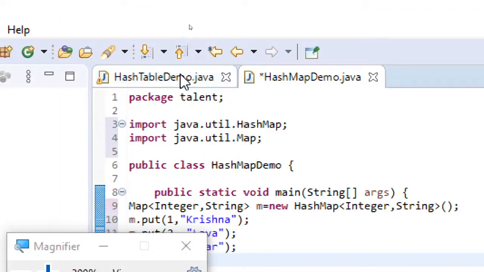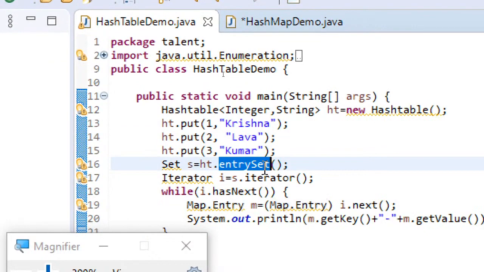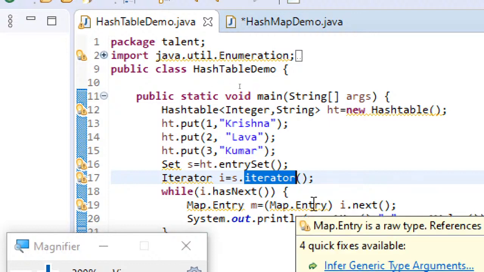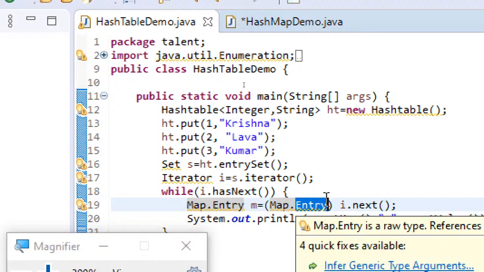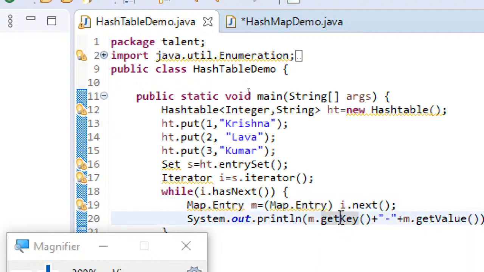First we got the entry set reference, and that reference we used to get the iterator instance, and using the iterator instance we got the map entry. Each entry contains the key and value, and that we retrieve with the Map.Entry interface methods, getKey and getValue.